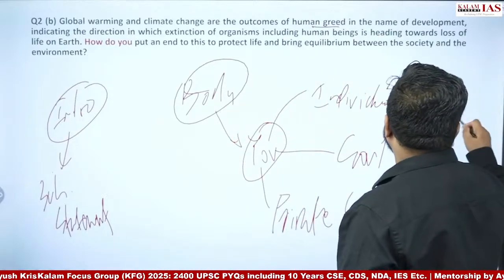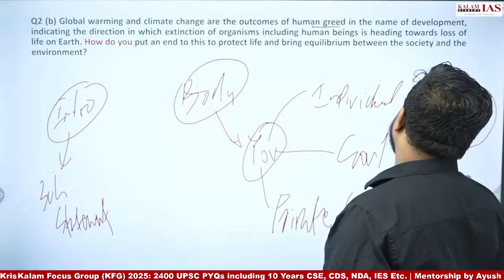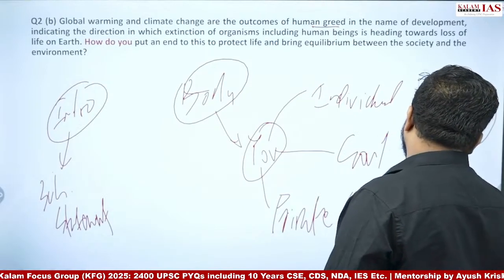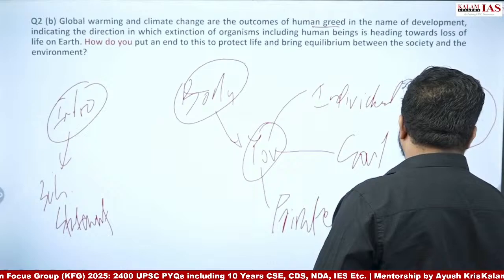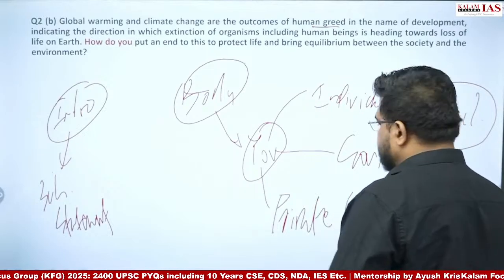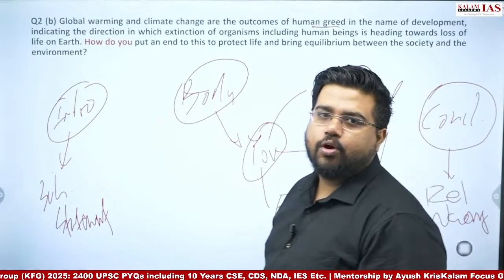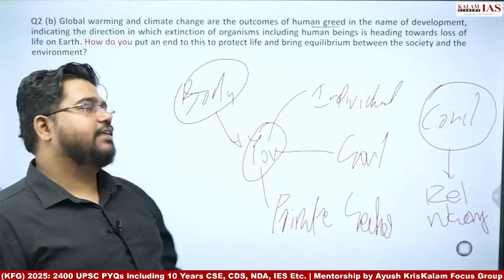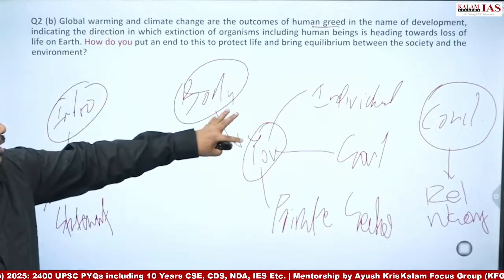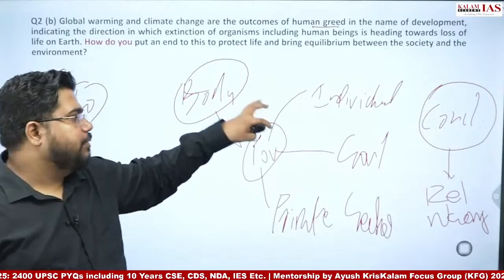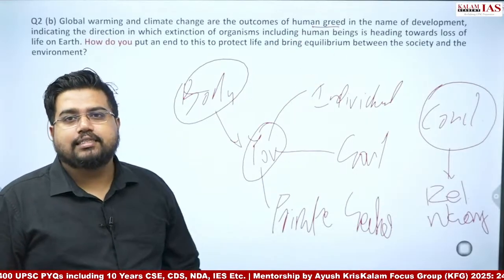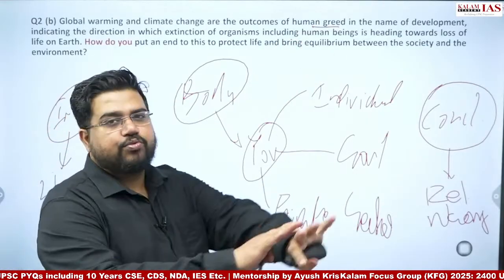Conclusion, you can write something of relevance. You can write something of a warning, code red. All these different types of conclusion you can do, or you can write some quotation like we did in the last question. So this is the core part of this answer. How you interpret you into different parts, and if you divide into at least 3 parts, your work is done.